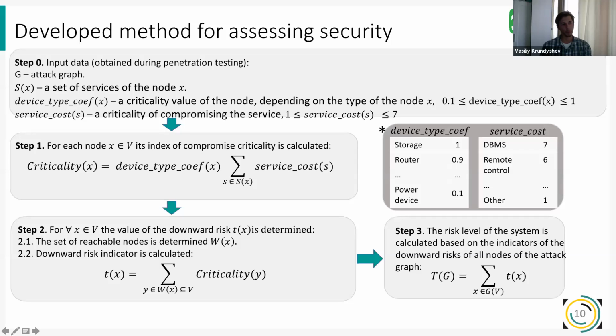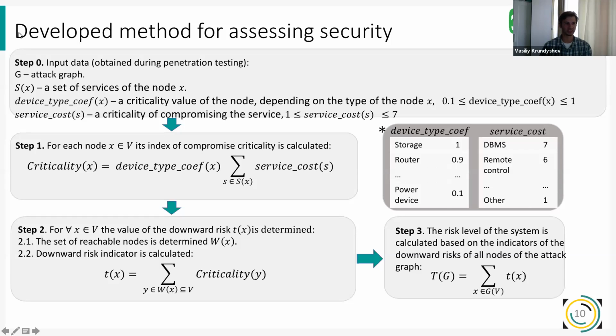Each node, as well as the value of downstream risks, which is calculated as the sum of the criticality of compromise of all nodes reachable from the current node. After calculating the criticality of compromising all nodes of the attack graph, it's necessary to assess the downward risks of